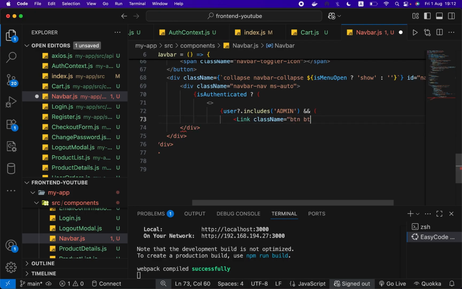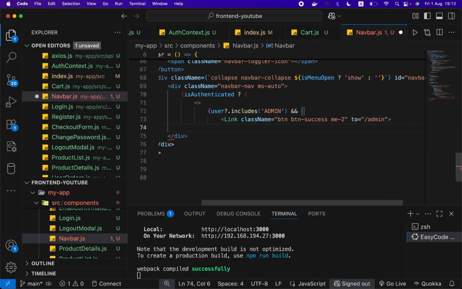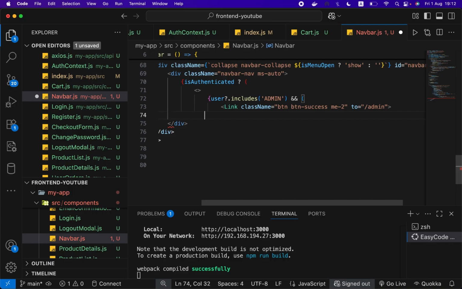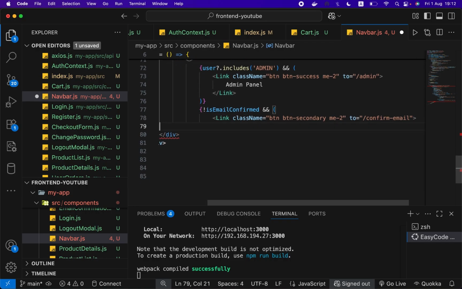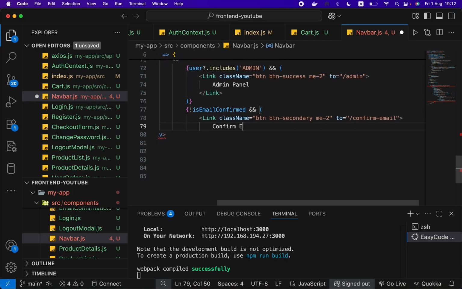If the user is authenticated, and also if this user includes a role admin, then he will be able to access this link to the admin route with the admin panel inside of it. And yeah, so that's it. That's enough. And if email is not confirmed, then he will have access to this confirmation email endpoint, which is going